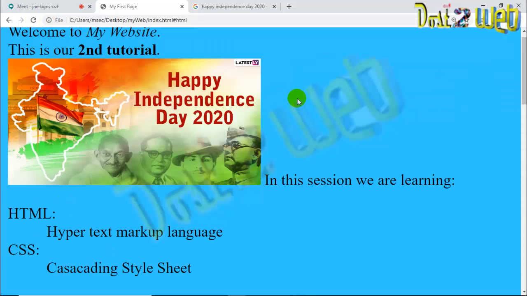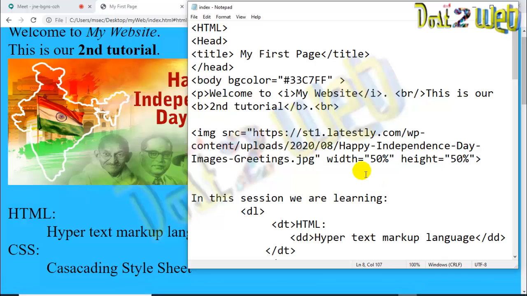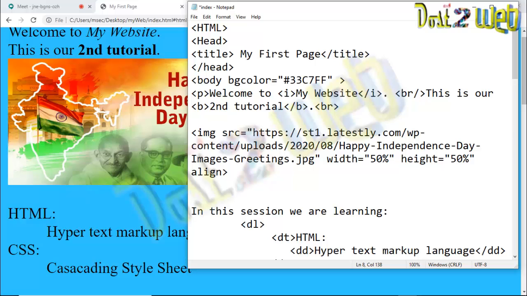See guys, what happened? This is 50% of the image. By default the image is aligned to the left side. In the same way, now I want the alignment to be center. So you write align is equal to center, or you can even use middle, something like that. Okay, I'll just refresh it.